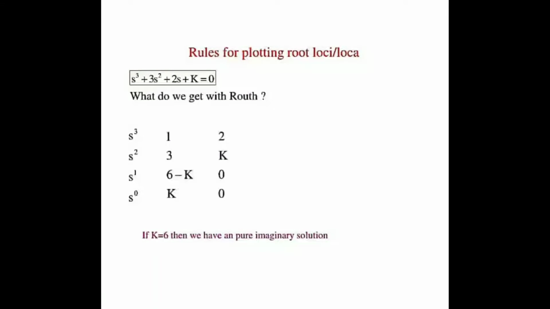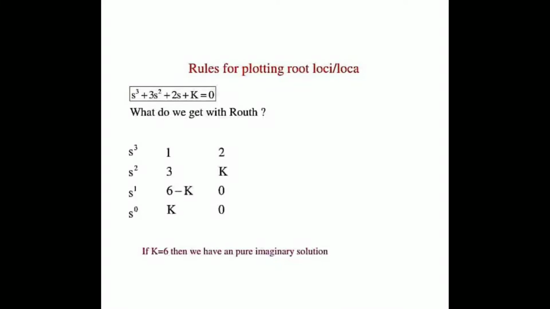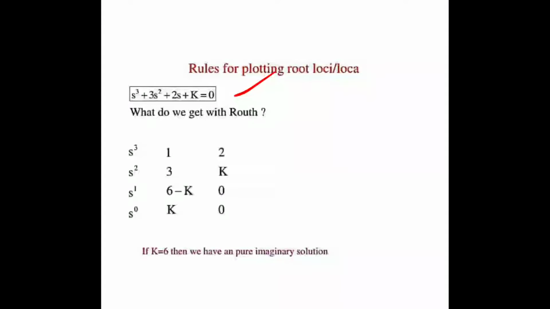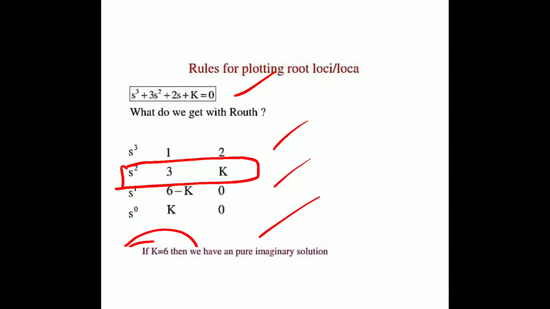So the Routh table is formed here. Whatever the Routh-Hurwitz criteria that we have analyzed, the same we are going to use here. So this is our characteristic equation, form the Routh array. Then get the conditions, what is the value of k, that is important here, k marginal, and the s square row is important. Form the equation from the s square row, that becomes 3s square plus k equal to 0. This is called the auxiliary equation. The auxiliary equation is determined from the s square row, and with that we are finding the imaginary axis intersection with the root locus.